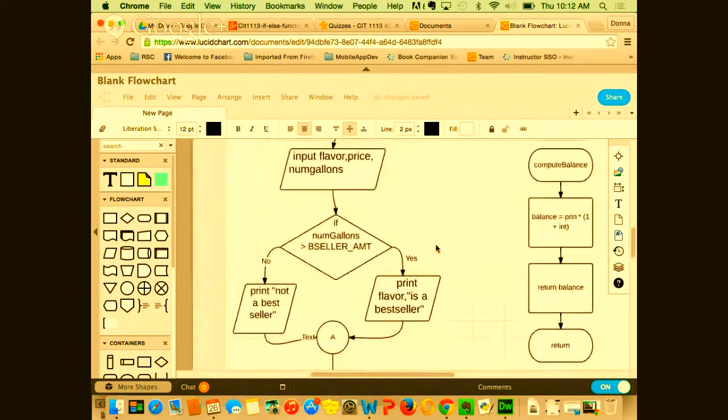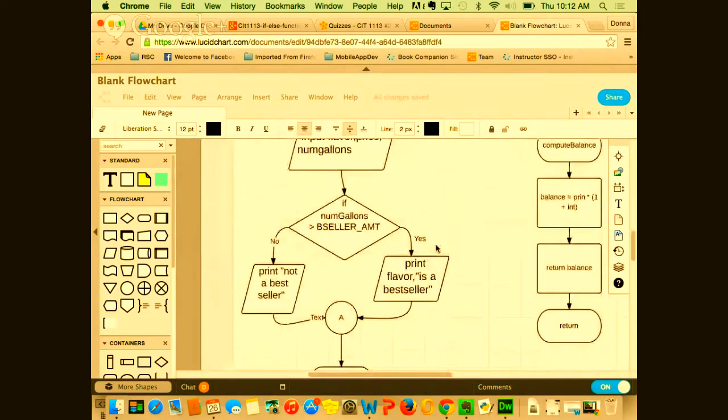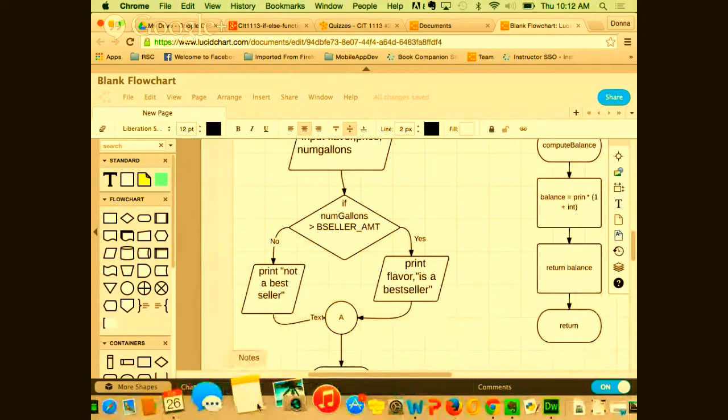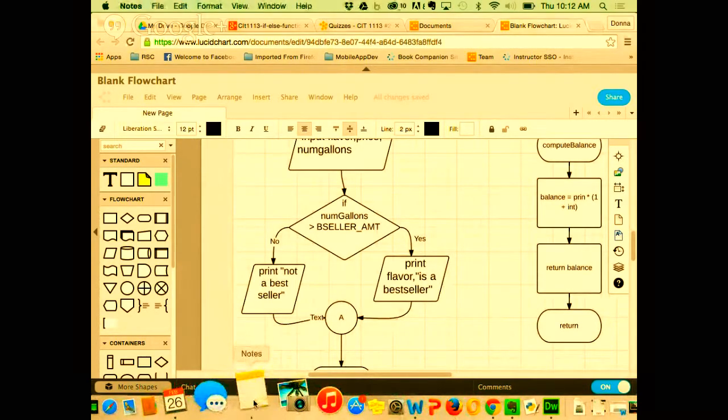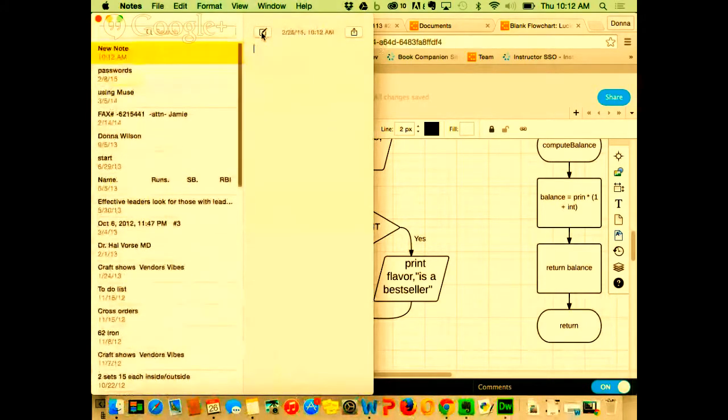Okay, so now what do we need to do if we were going to put this in pseudocode? I'm going to try to use Notepad. Maybe it won't capitalize everything like Word does. Come on, get me a new note.